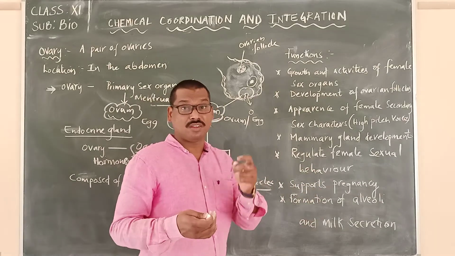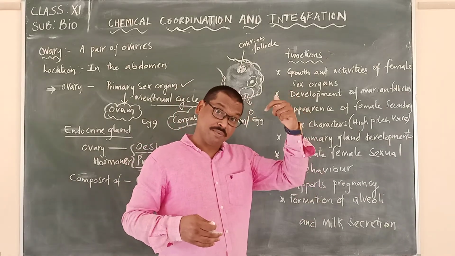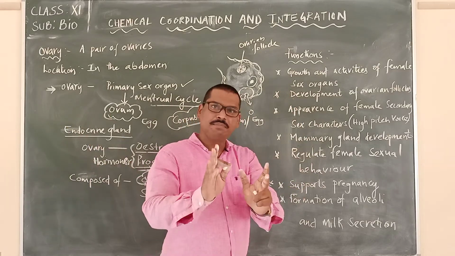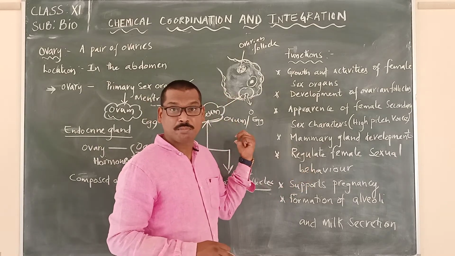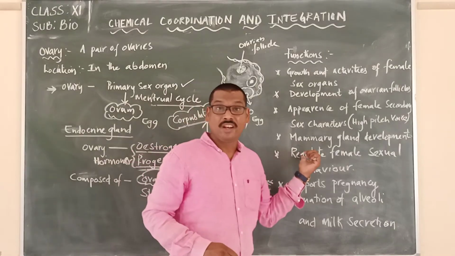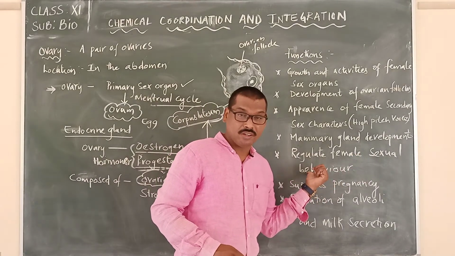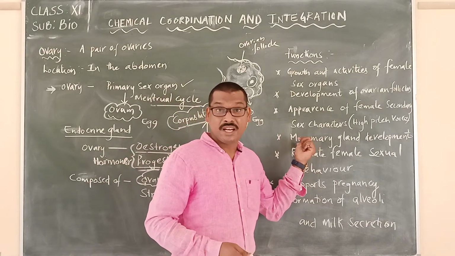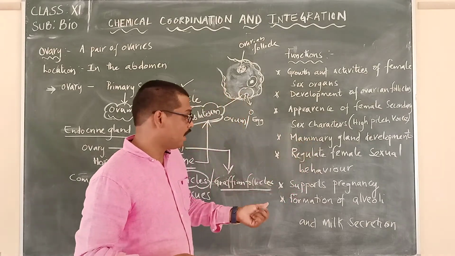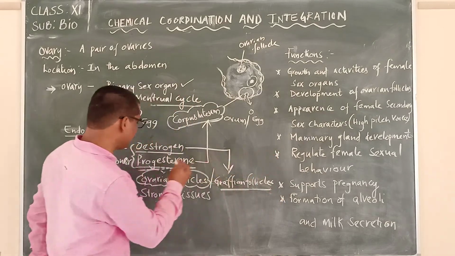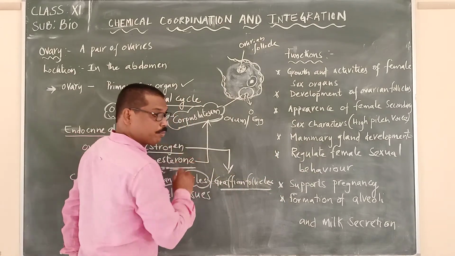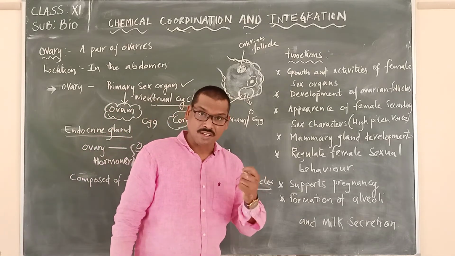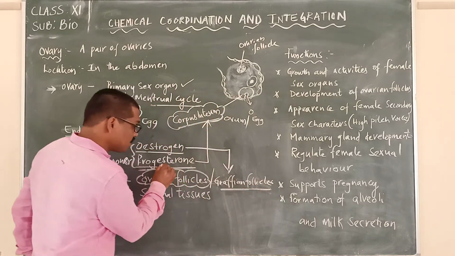We also said testosterone will be acting upon the central nervous system and bringing up changes in the sexual behavior of the males, that is libido. The same thing happens here also. These two hormones, estrogen and progesterone, regulate the female sexual behavior. They help in growth and development of the mammary glands, that is the breast. And especially if you are looking at progesterone, it is also called the pregnancy hormone,